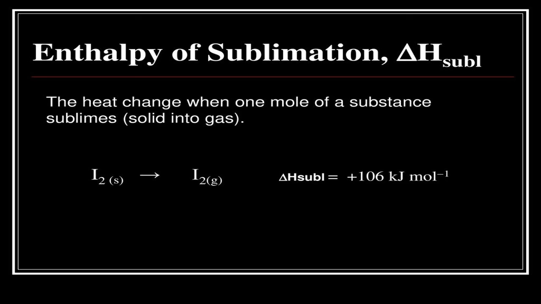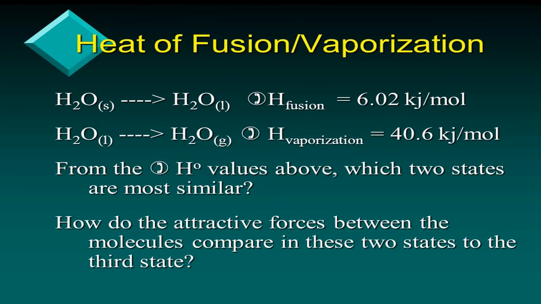This is an example of enthalpy of sublimation: iodine to iodine gas. How much energy do you have to supply? 106 kilojoules for every 1 mole. Now this is the example for fusion. So solid is melting to liquid. How much? 6.02 kilojoules for every mole of solid water, ice. The same way, heat of vaporization. To convert 1 mole of liquid water into gaseous water, we require 40.6 kilojoules of energy. So this is what we explained with examples.